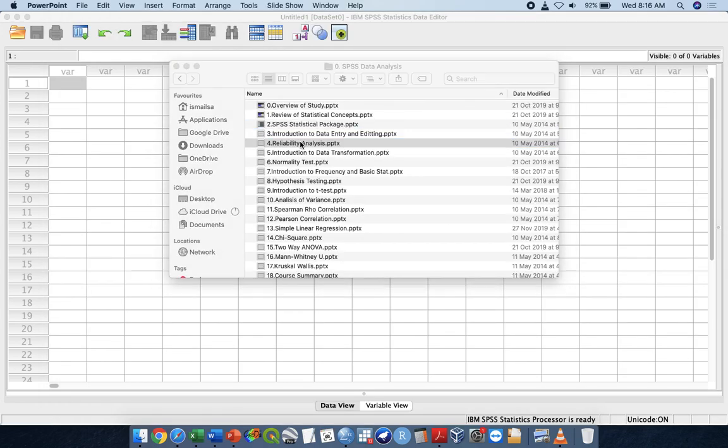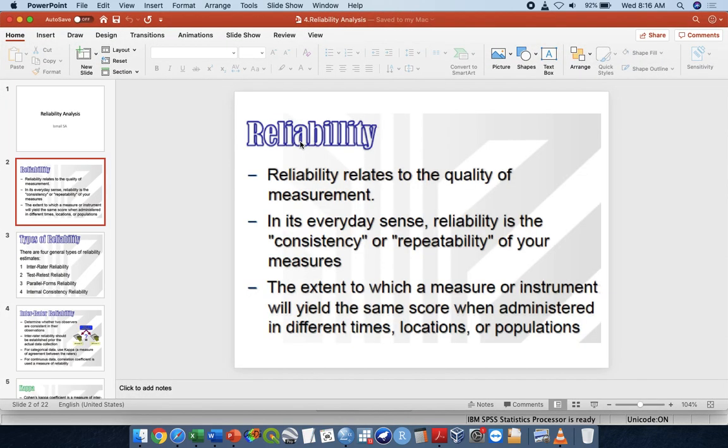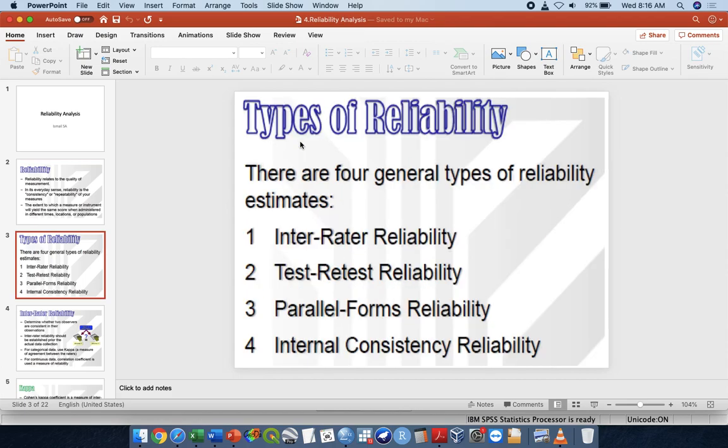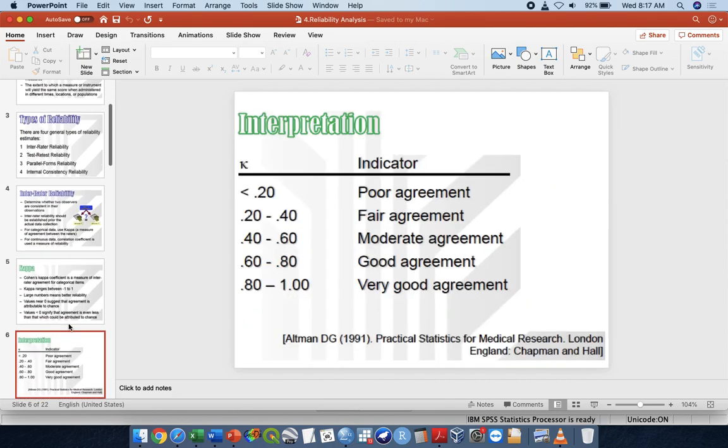And we also learned about reliability analysis. If you go back to your organization and you want to make some repetition and also some revision, you can refer to these notes where we have a lot of reliability tests. Particularly, we are interested in number 4, which is the internal consistency reliability test, where we measure the consistency of the questions, question number 1 until question number 10, which indicate the knowledge of the CPR yesterday story. And then we were also introduced to inter-rater reliability between observers, and the kappa statistic,